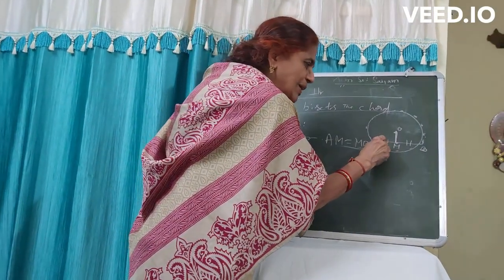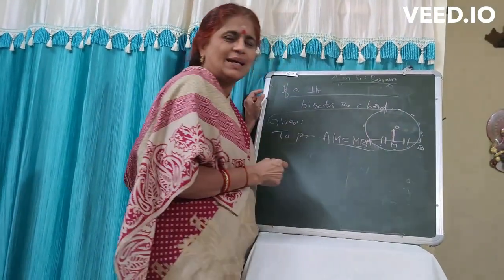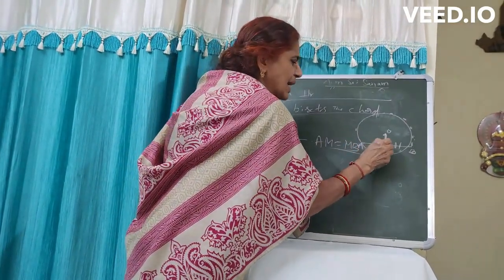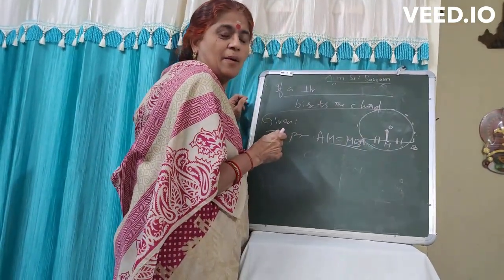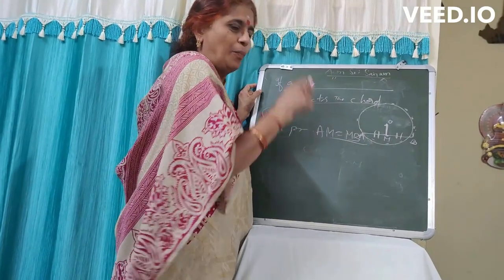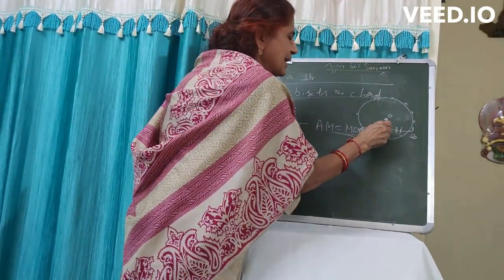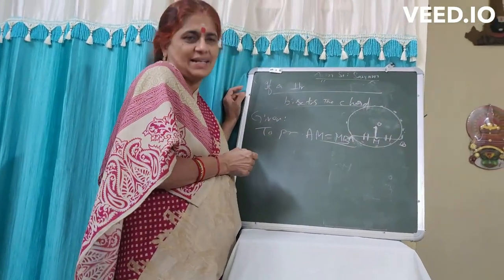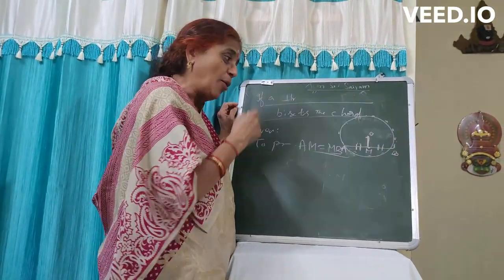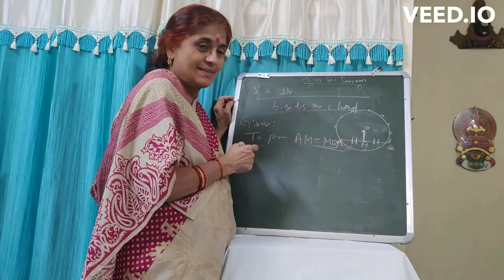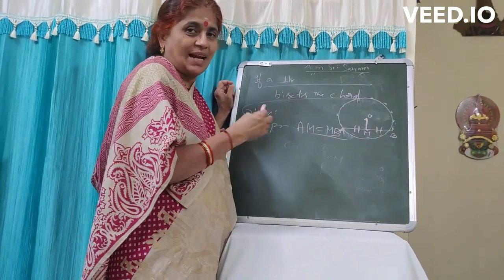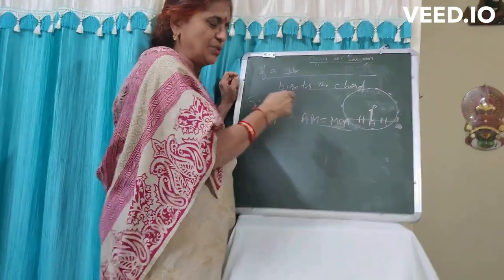So if we want to prove that AM is equal to MB, it is enough if we can prove that there are two triangles which are congruent. Also, the two triangles should have AM and MB as sides of the triangles. Then how to form two triangles here? Then they should be congruent and the sides should be equal. I mean, these two should be the sides